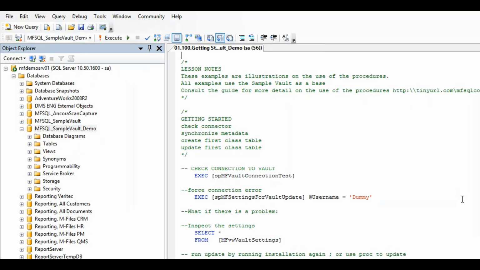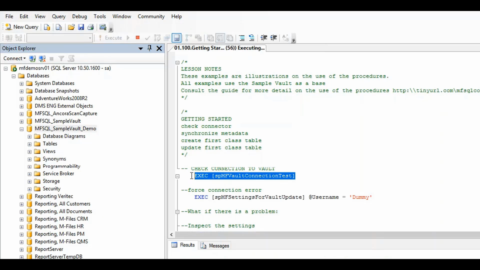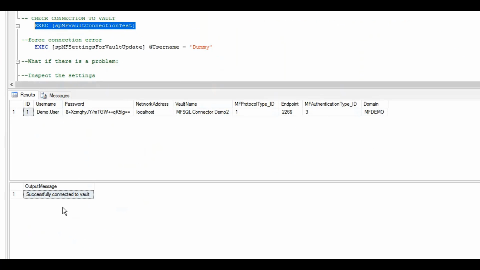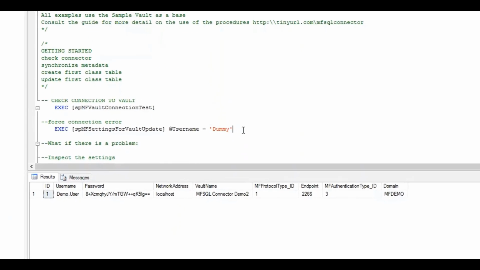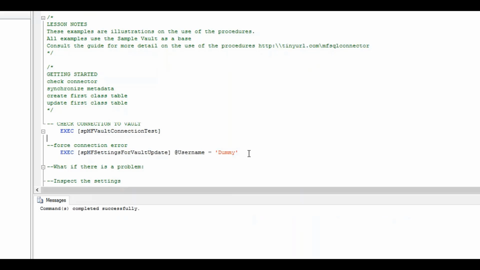And the first thing that you want to do when you start off is by executing one of the special procedures, which is SP Vault connection test. So if I execute that procedure, then it would run through and it would tell me whether I have a successful connection or not. Let's force an error. So I'm going to basically go in and reset the name of the user, and let's try and do another test. So if I now basically go in and I test it again,